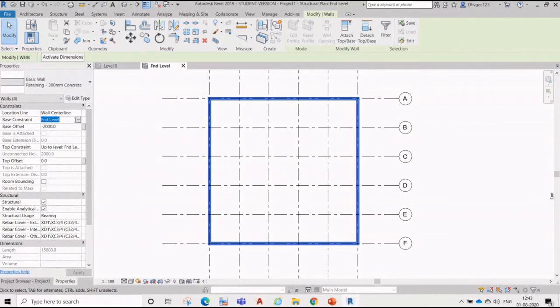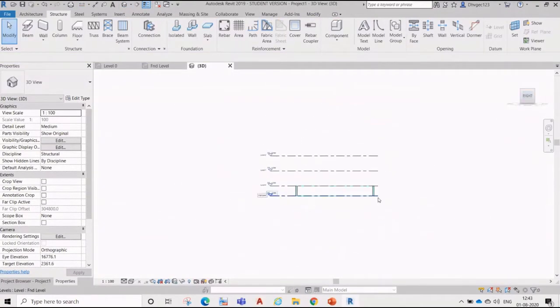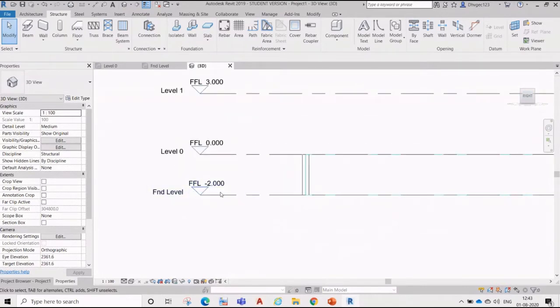Okay, so it should go from foundation level as base level up to 0 level with minus offset, right? So if we go to 3D and go over here, you can see this is from foundation level to first level.